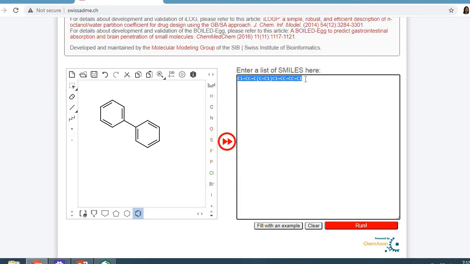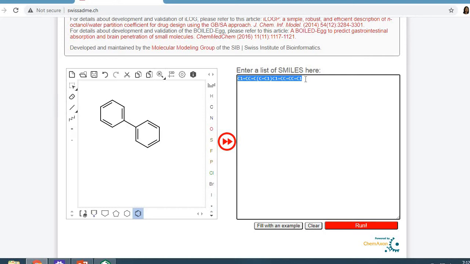For example, we can use the Jing database, and by using this database we can see various properties related to biphenyl ring. For the Jing database, we have already discussed in our previous lecture how we can use this database to search about various structures.